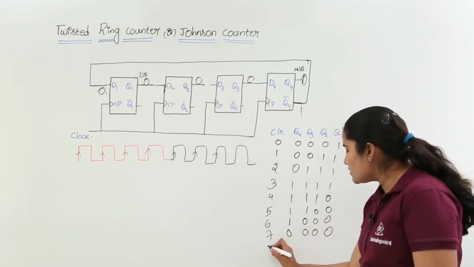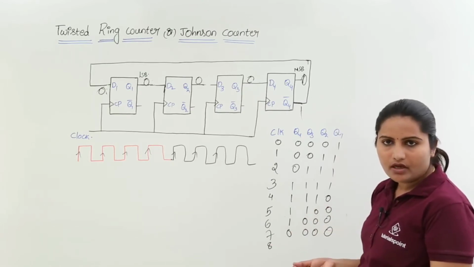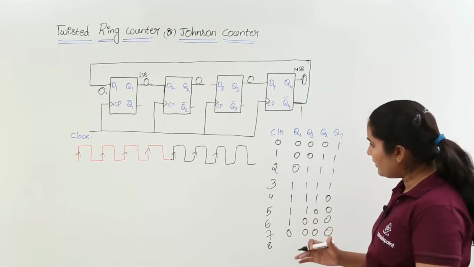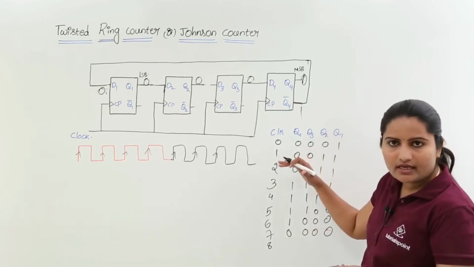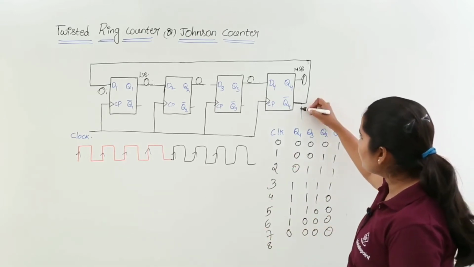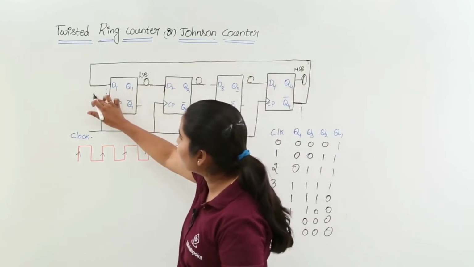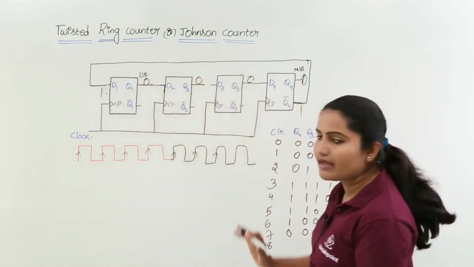So now you need to apply one more clock pulse, the 8th. How many clock pulses you need to apply? Up to where you get your initial value, up to there you need to apply your clock pulses. That means this time, before application of the 8th clock pulse, you need to get ready with this one, and all the inputs are available.